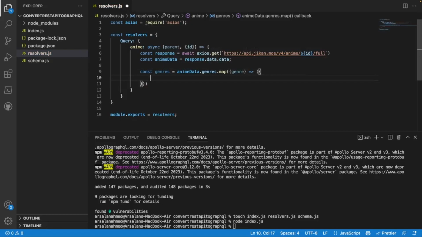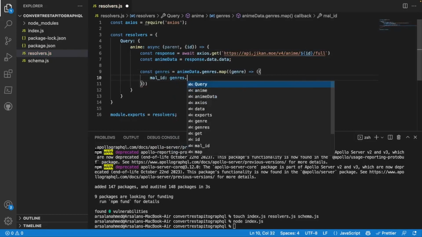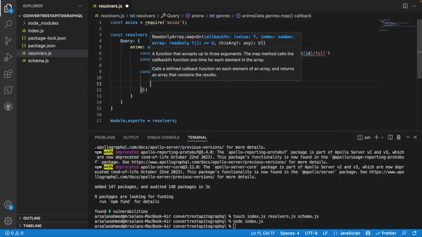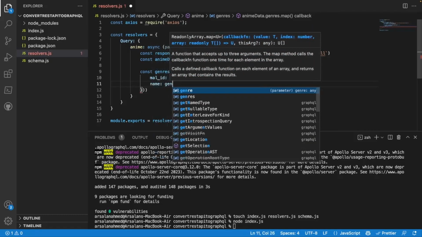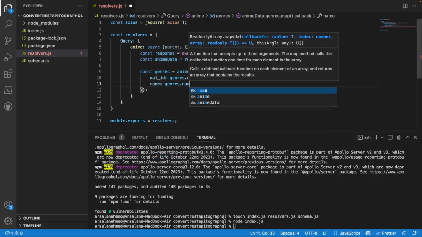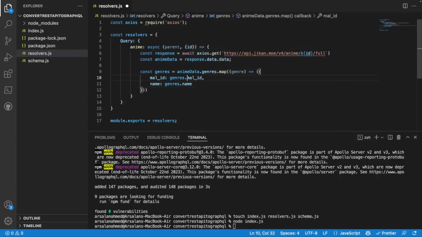There we go. And then I'm going to give it mal_id equal to genres.mal_id, and name genres.name. Is it genres? Genre. Oops. There we go. And then after that, we're going to do return, and we're going to return